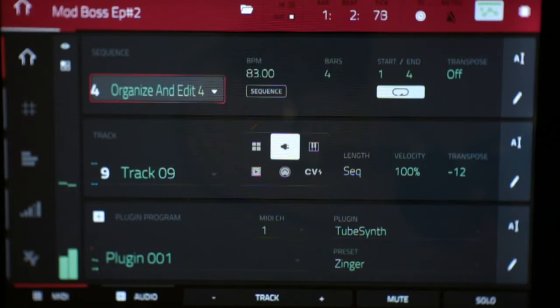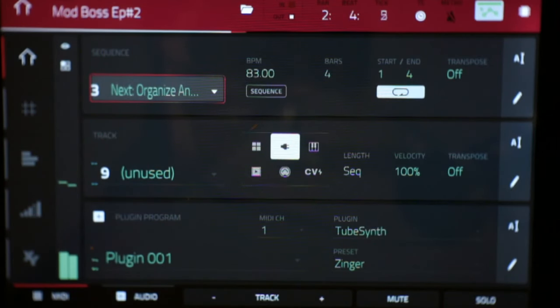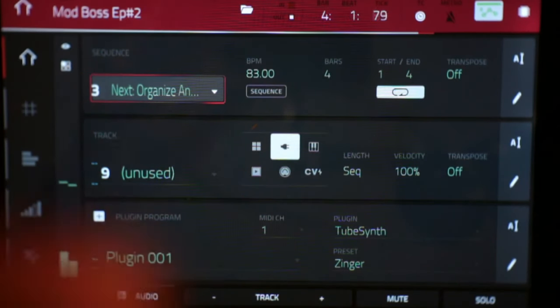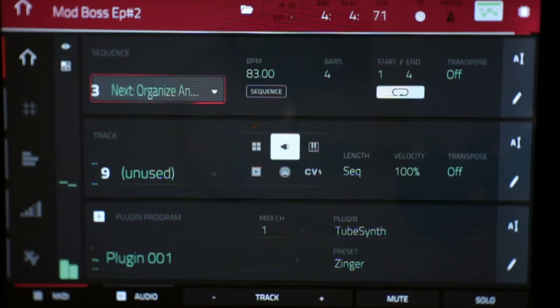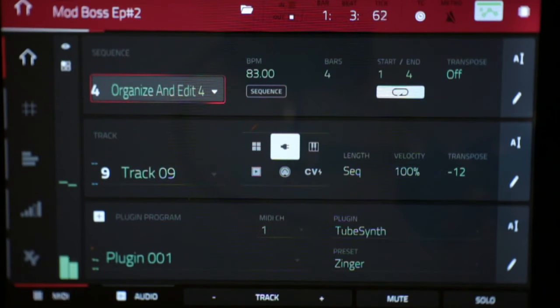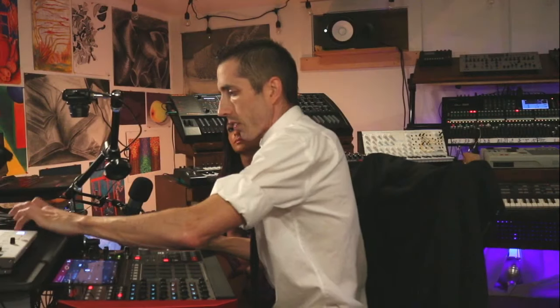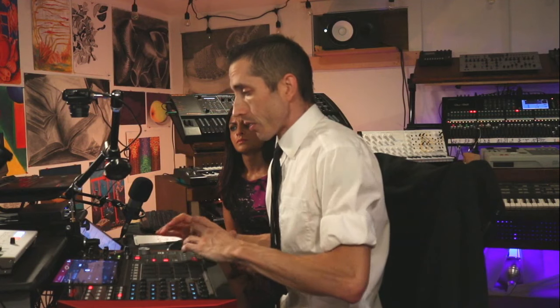I think I skipped over it. Okay, there we go. Okay. So now we've got two separate song parts,